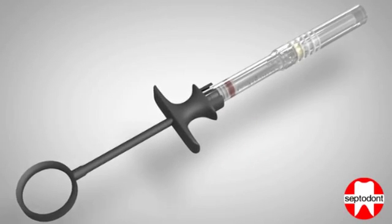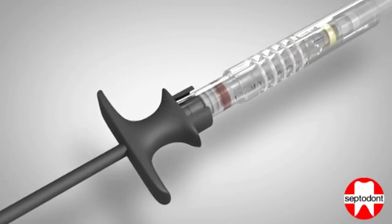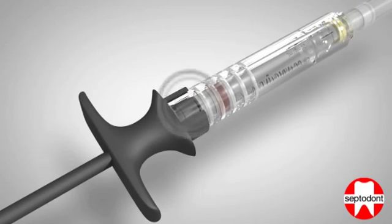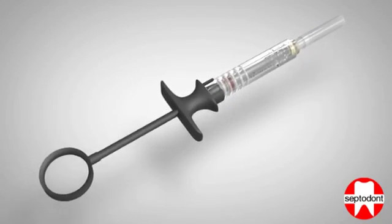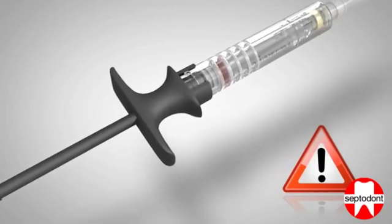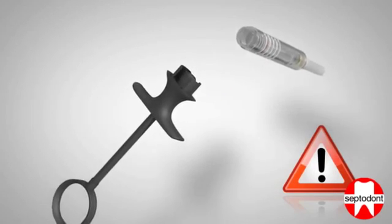Step 3. Slide the sheath, protecting the needle, backwards towards the handle until it clicks firmly. The click is made as the sheath hits the handle and locks the unit together, making sure that there is no gap between the transparent sheath and the handle. Please note that failure to retract the sheath fully until you hear the click may result in the device disassembling